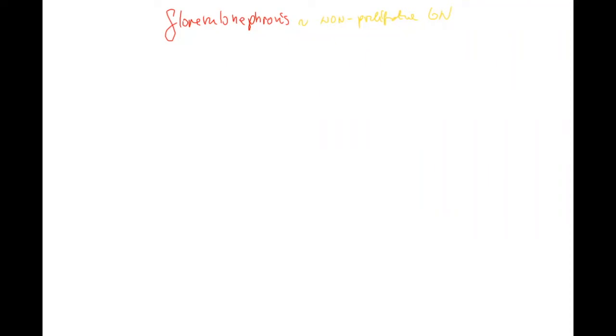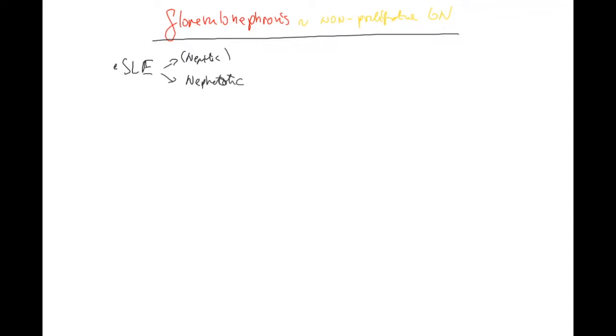But we're going to start right away with SLE. And I will rather place it here because, yeah, with SLE, you can have really nephritis or nephritic or nephrotic syndrome. But most of the cases, if we take them all together, it's going to be rather like really slight SLE. So rather put them in a nephrotic, but really easily you can have a nephritic syndrome, so nephritis. And with the SLE, this SLE covers everything. So again, nephritic could be, but over here we're mentioning it as a rather nephrotic problem. Nephrotic problem, okay?